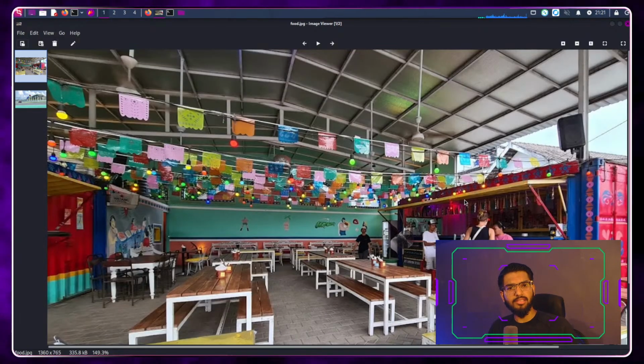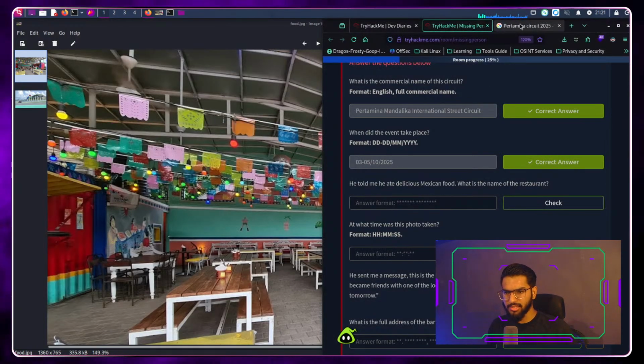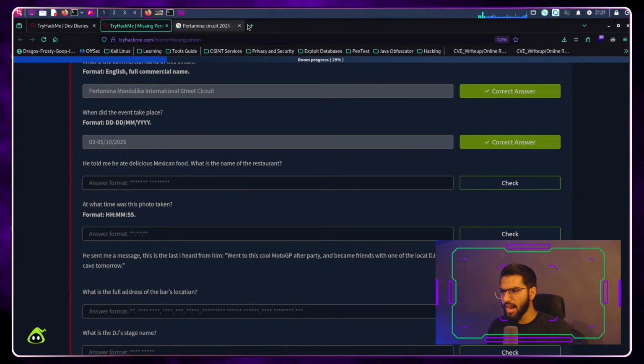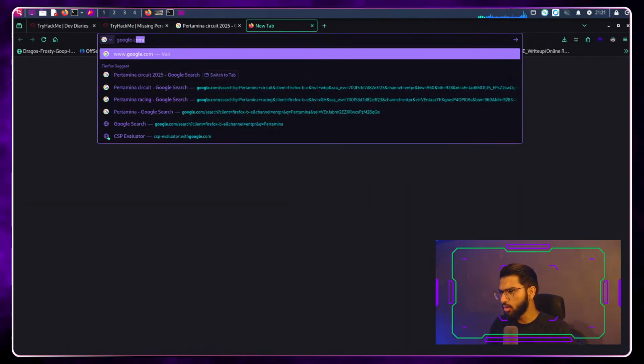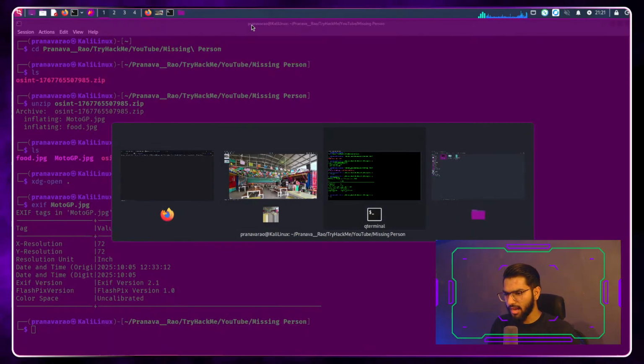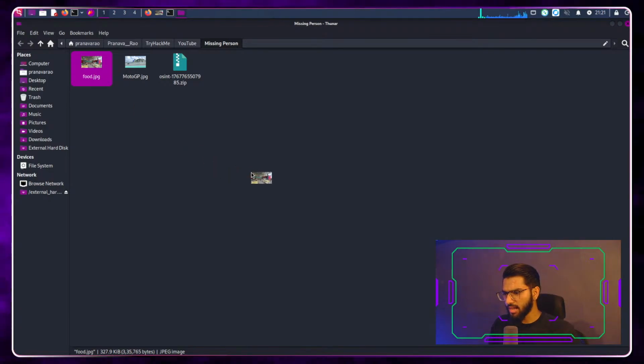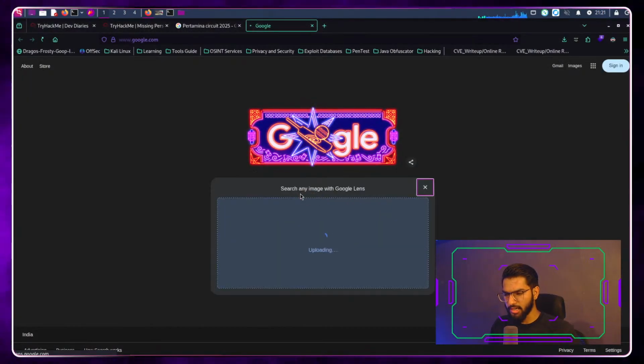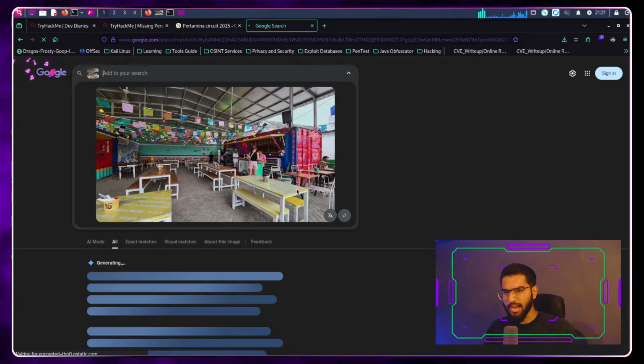That's where image search comes in, where we can search any information using an image. So let's open a new tab, just go to google.com, and we will drag this image and drop it right in here. That searches the image.